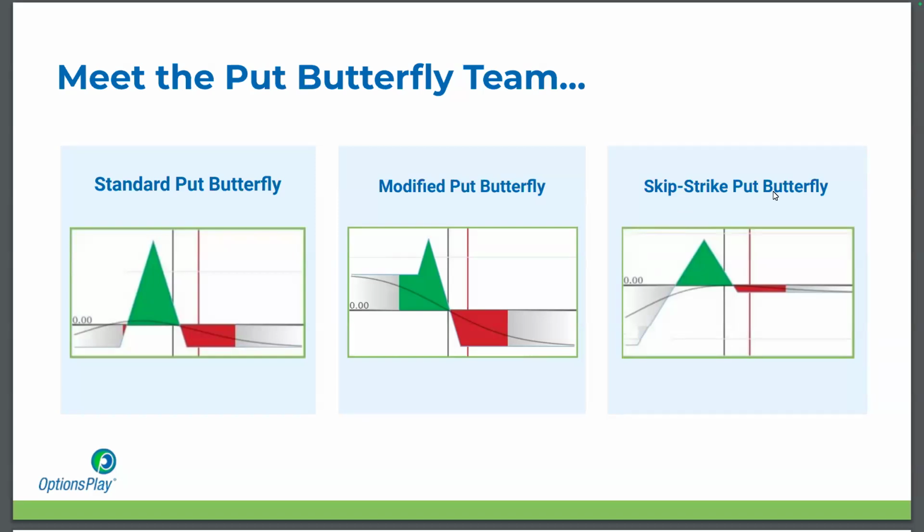And then we also introduced a skip strike butterfly, which I really like. I think of it as a good alternative to a credit spread. Now, on this instance, we're showing that it's done for a net debit, but if I'm doing a skip strike butterfly, I'm going to do this for a net credit. If the market goes up on the skip strike butterfly with puts, you would have a small net credit. And on the way down, you've got a lot of risk on the downside. So basically the exact opposite of the modified butterfly.